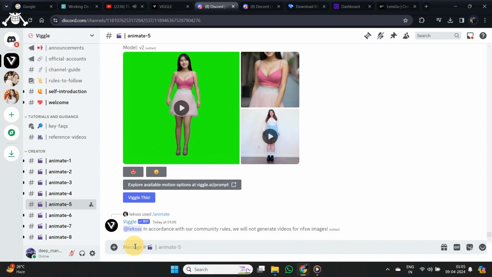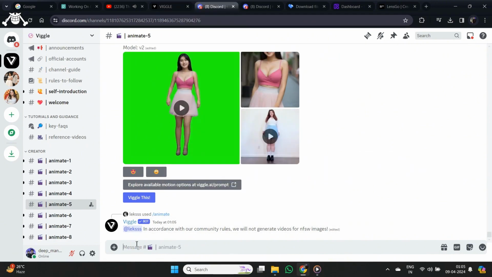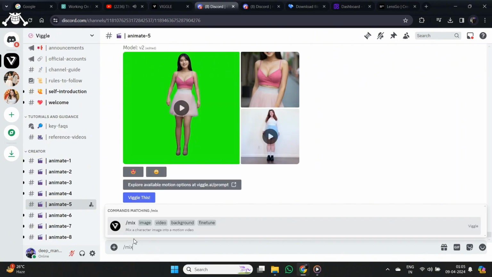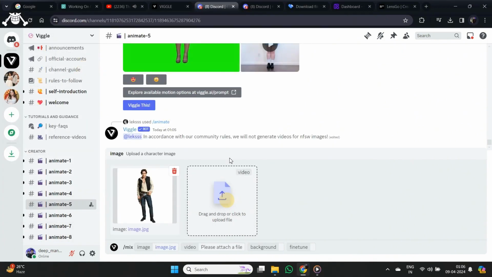Well, this AI tool offers you a lot of features, but in this particular video, we're only going to focus on their main feature, that is the mix feature, because this is something really impressive. So first of all, type /mix, and then we have this window here. So we have two different options, image and video. First of all, we need to select the image that we want this AI to animate. And in the next box, we have to upload the video that we want this image to move like or